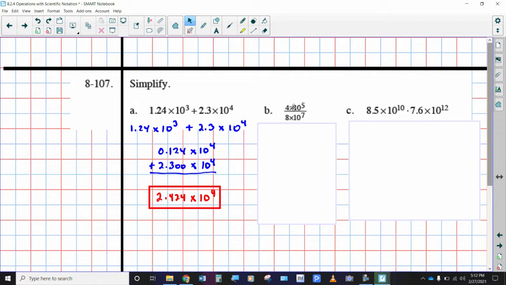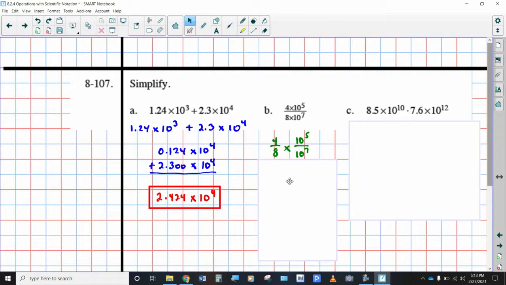Here, 4 times 10 to the 5th divided by 8 times 10 to the 7th. I'm going to take 4 divided by 8, which I know is 1/2, and 10 to the 5th divided by 10 to the 7th, which is going to result, if we write this as a negative exponent, as 10 to the negative 2nd, or 1 over 100, or 1 over 10 to the 2nd. So if I write this as 0.5 times 10 to the negative 2nd, we have now learned that this is